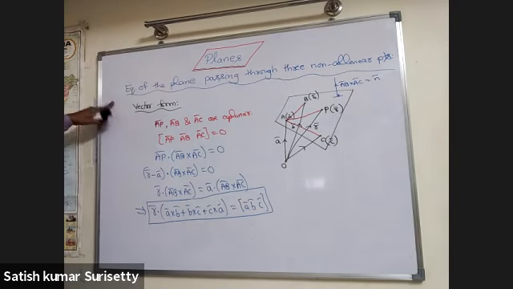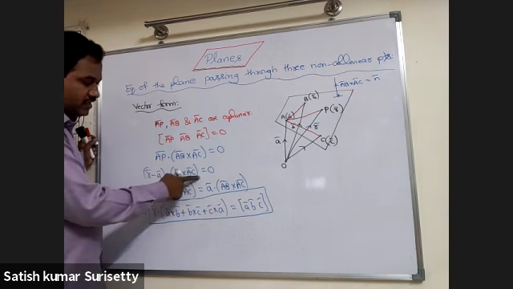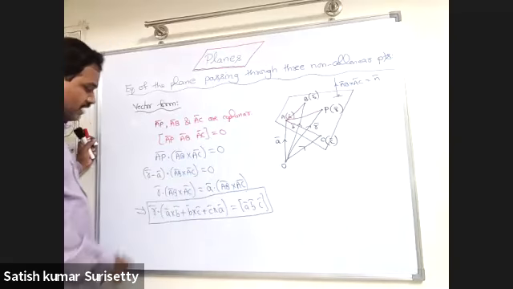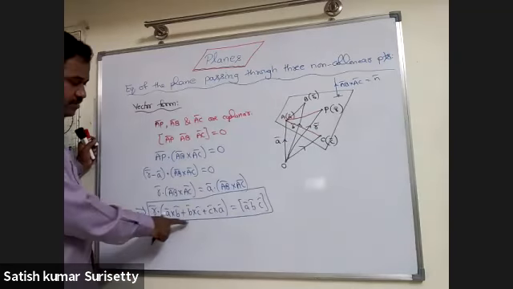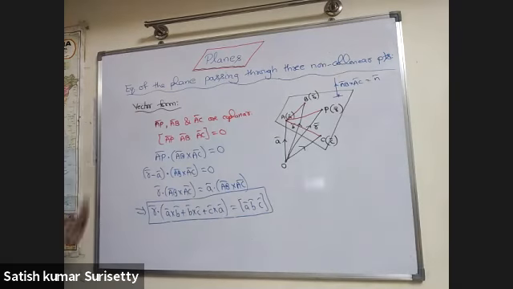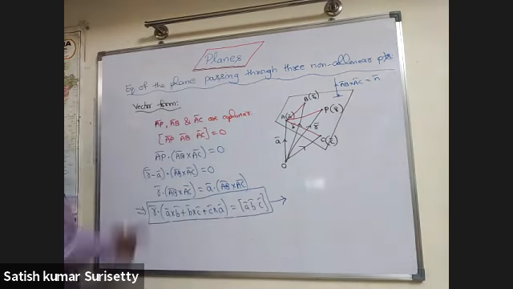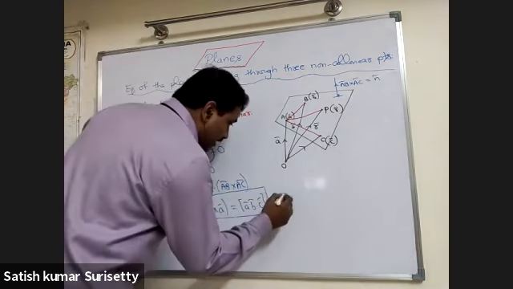So, vector equation of the plane passing through 3 points. Either you can remember this: r bar minus a bar dot normal vector AB bar cross AC bar equal to 0, or r bar dot a cross b plus b cross c plus c cross a equal to scalar triple product of a, b, c. So this is the vector equation of the plane in non-parametric form.